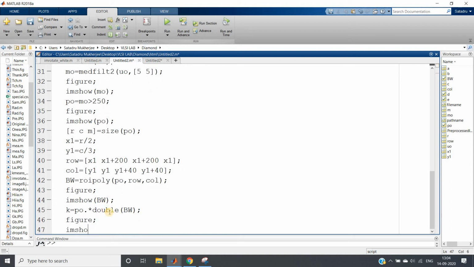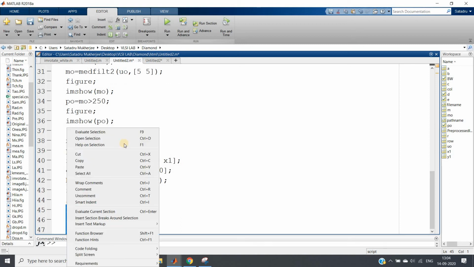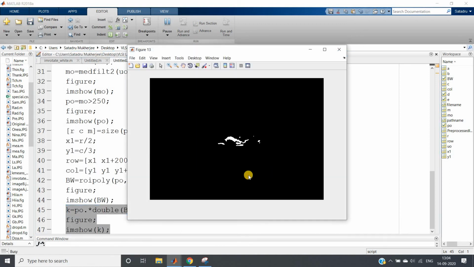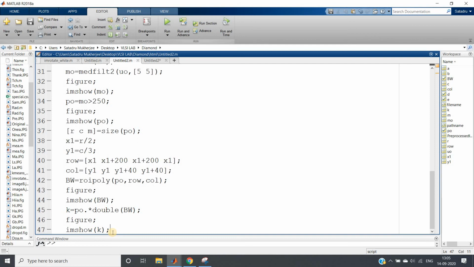Figure, imshow K. Let me just run this one. So see, now our original intention is fulfilled. We have extracted only our region of interest. Whether you are considering the image with kidney stone, side binary objects are removed, and without kidney stone also, here one patch was present, that also will be removed if you are using this kind of filter, right? So our job is done.